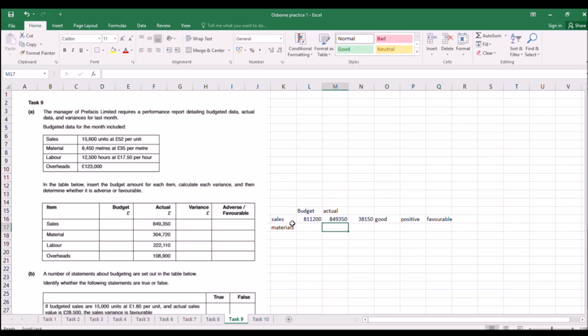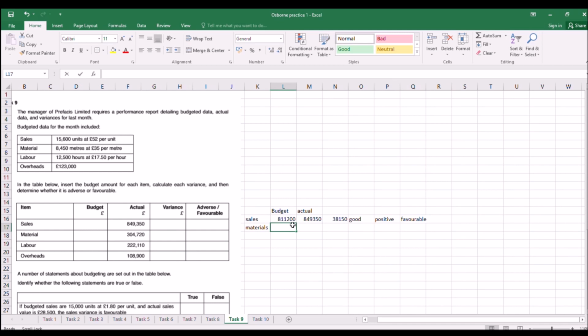So the budget was 8,450 times £35 per metre. Okay. The actual was 34720. So in AAT land, we take the smaller from the bigger number. Okay, so it's 8970. Okay,